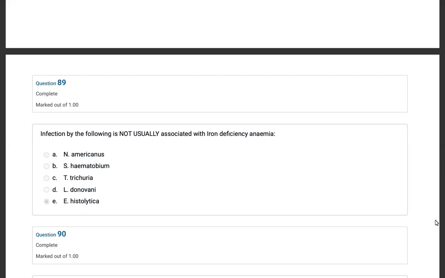So if you have a chronic bleeding, that's why it's going to result as an iron deficiency anemia. A good example always given is the hookworms, so Necator americanus and Ancylostoma duodenale, also Trichuris trichiura and Schistosoma haematobium. So for D and E, I'm not sure, though I'll go with D because for E, Entamoeba histolytica, what was written in the notes is that